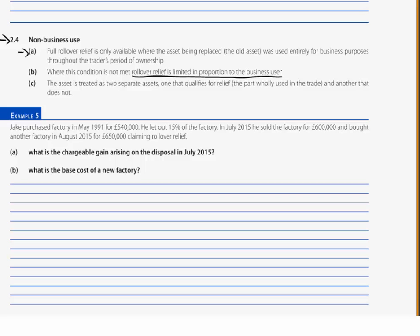So effectively, it's usually a property that we're talking about here. The asset is treated as two separate assets. One that does qualify for relief, i.e. the bit used in the trade, and another that does not. Okay, let's have a go therefore at our example 5 to illustrate what's going on. Again, normal requirements when dealing with disposals and the potential for deferral rollover. What is the chargeable gain arising on the disposal in July 15, and what then will be the base cost